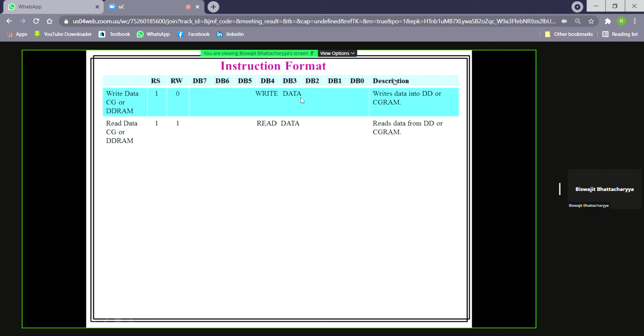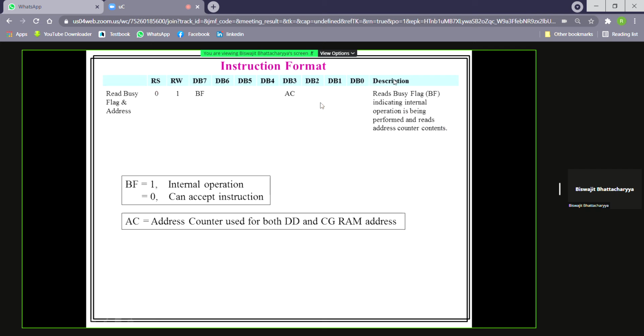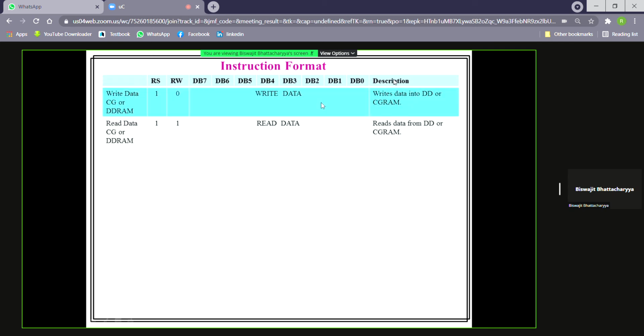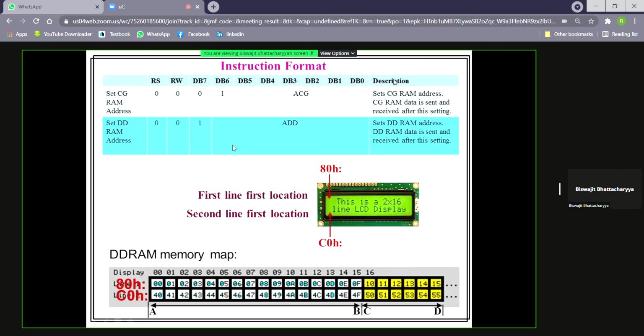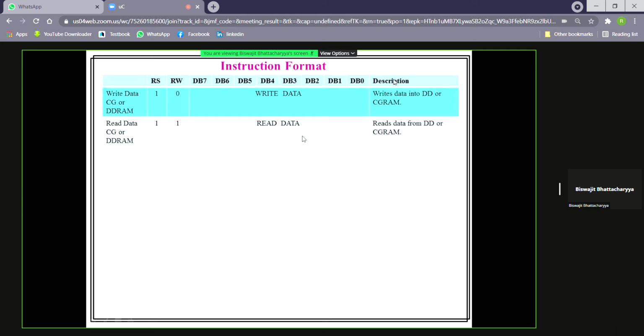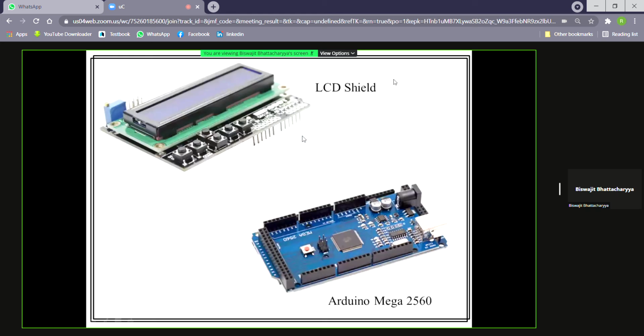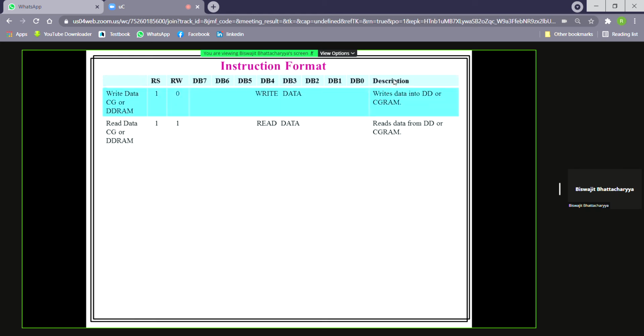So the character that we want to display is given in that format. But where will it be displayed? The display location will be given here with DB7 equal to 1 and the rest of the format. So that is the instruction.